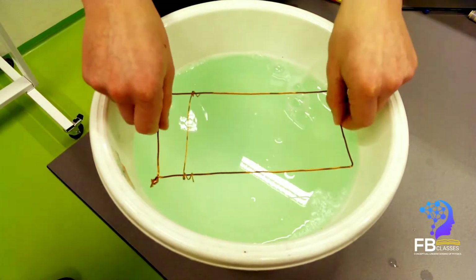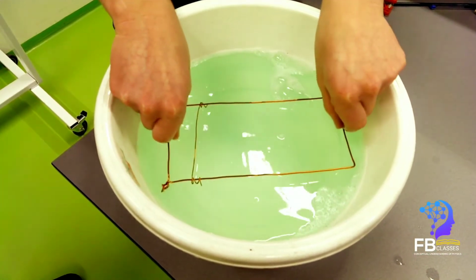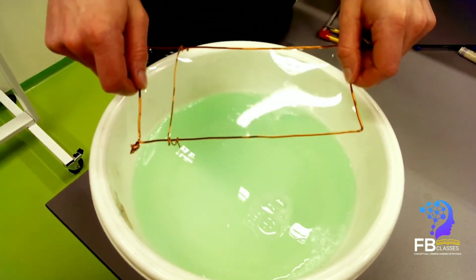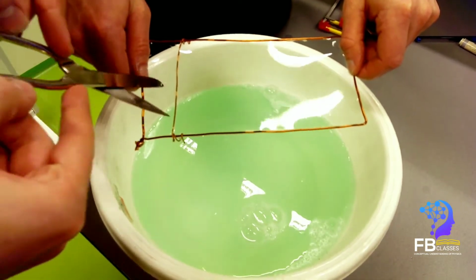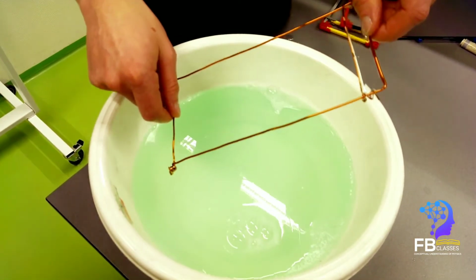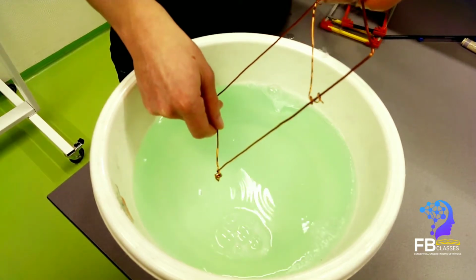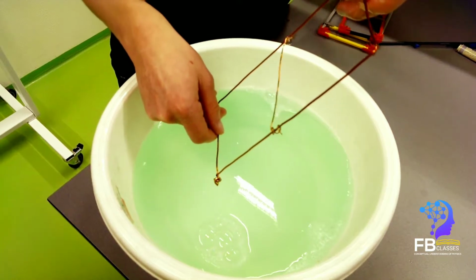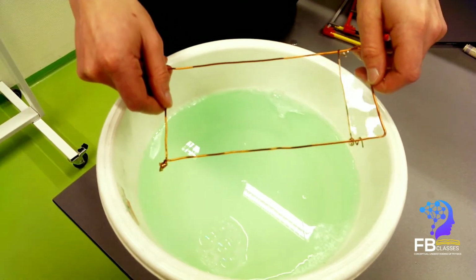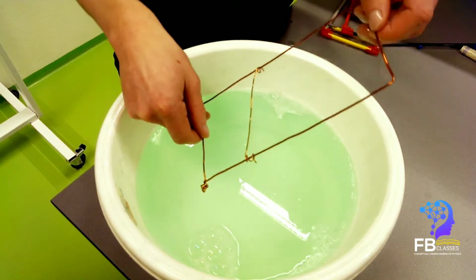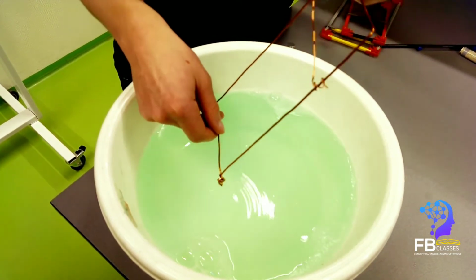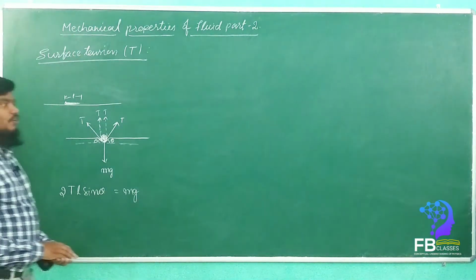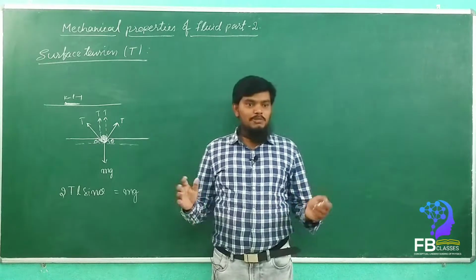My dear students, once the rectangular frame is dipped into the soap liquid, the soap film is formed in the rectangular frame. See now, the soap film is pulling back the wire to make its surface a minimum. So that means the soap film has surface energy, and that energy is pulling back the wire. Work done by the external force is stored as surface energy. Okay, so you saw the experiment, right?